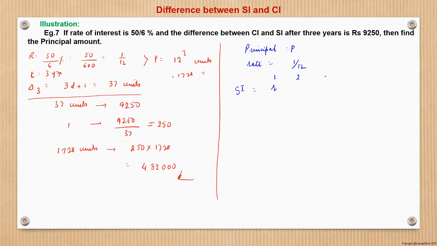First year, second year, third year: simple interest is RP, RP and RP. And then for compound interest, the second year it will be RP into 1 plus R. And again for the third year, it will be RP into 1 plus R whole square. Right. So now if we add this,